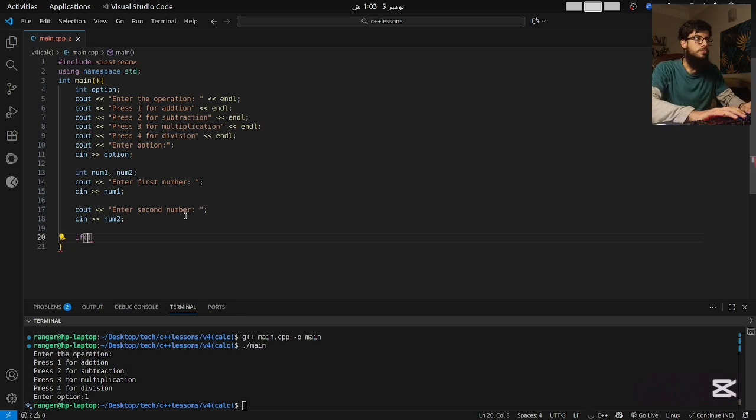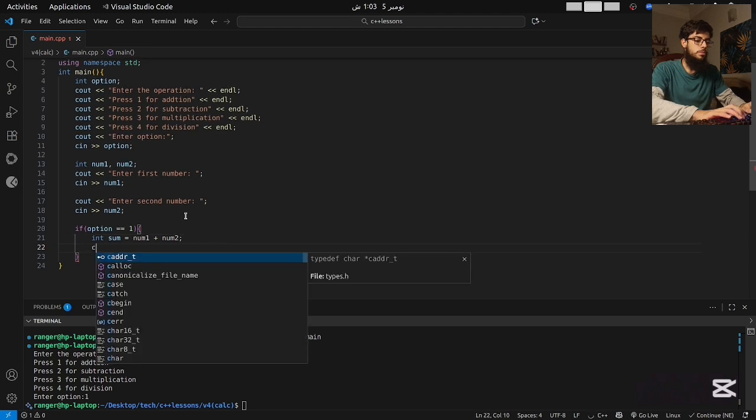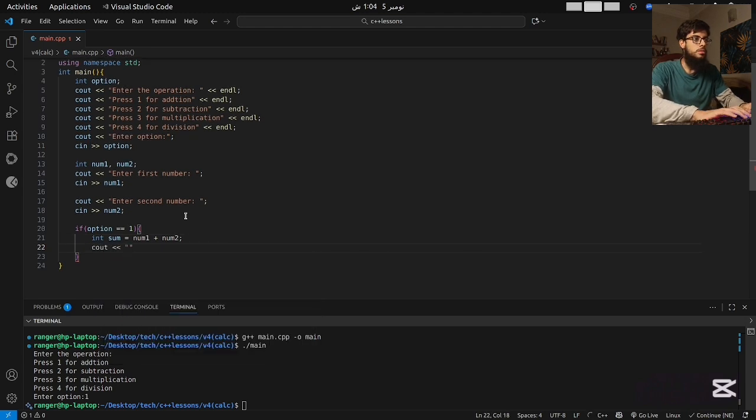So if option is equal to 1, then we simply print, or what we can do is wait, yes, make a variable of sum, and we can keep it equal to num1 plus num2, and we can print it. Sum is, we can just do this, sum,